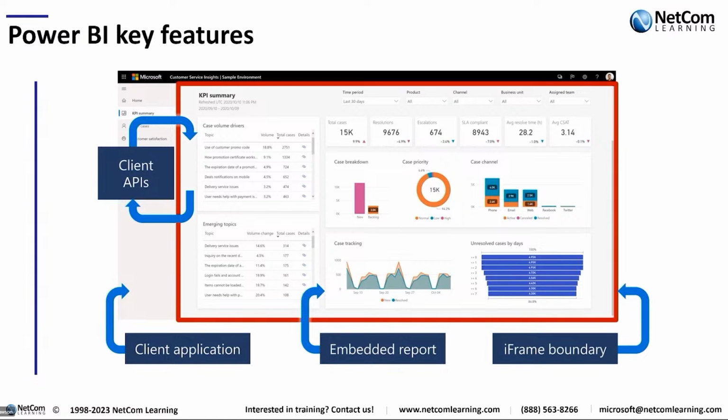And so this is really cool because it allows different types of individuals to be able to view the data in the tool that they're working in, right? So if you're a sales manager, as an example, let's say that you're the sales manager for Netcom Learning, and you want to know how well all of your sales associates are doing this month, and you use Dynamics 365 Finance to manage all of your sales and financial reports.